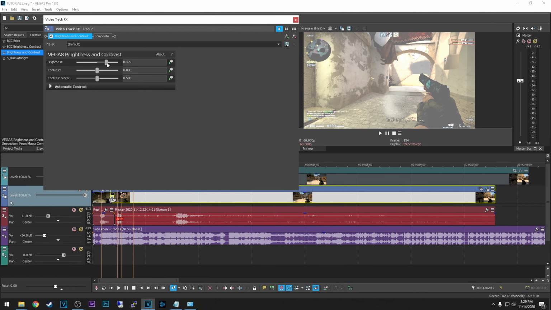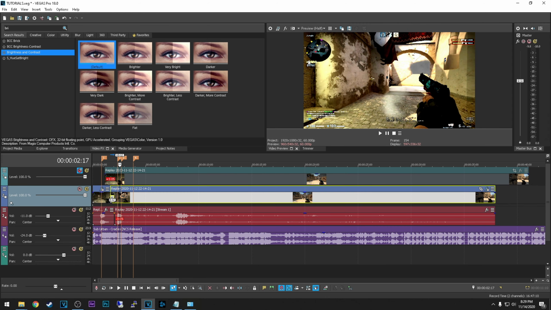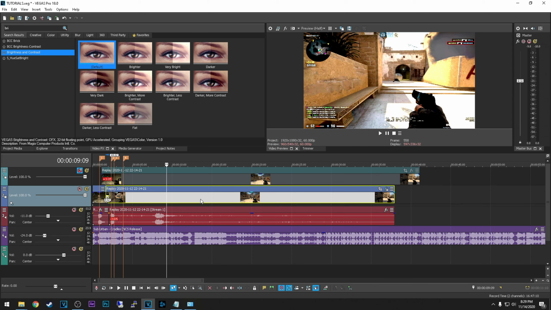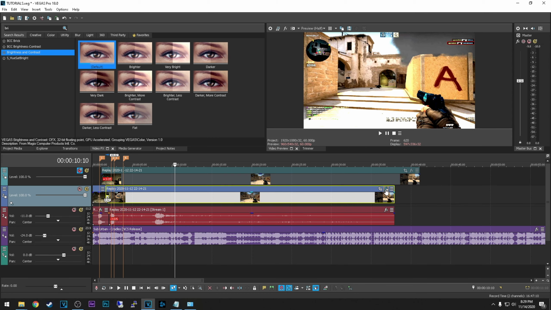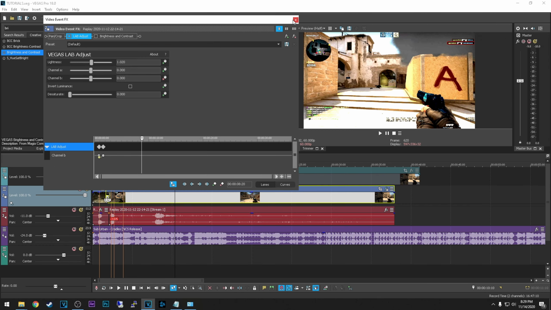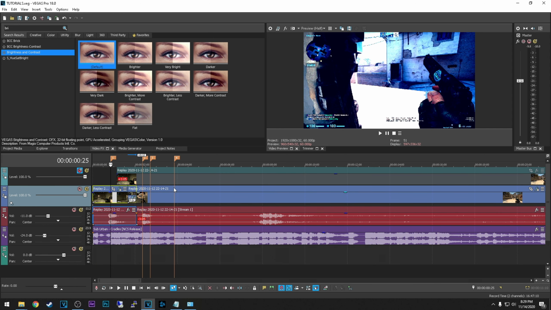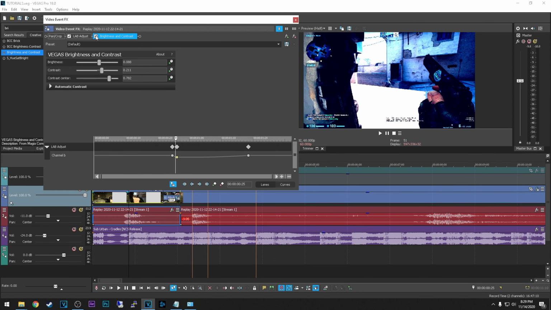And if I change it, let's say this is what I want, it's going to affect all the clips in this track. But be aware, if you do it like this after you've modified some clips, you need to disable the brightness and contrast from the other clips, because it's going to stack and it won't look so great.